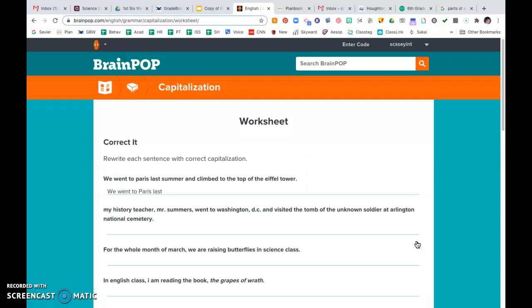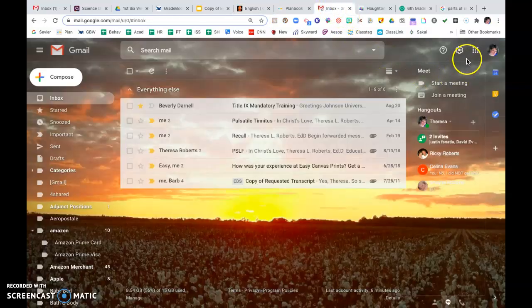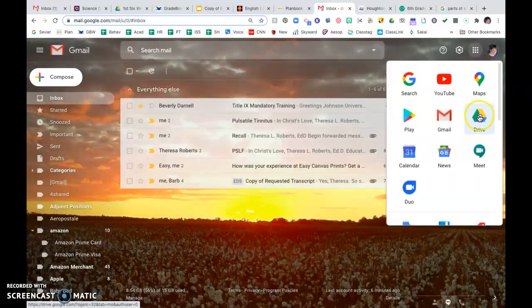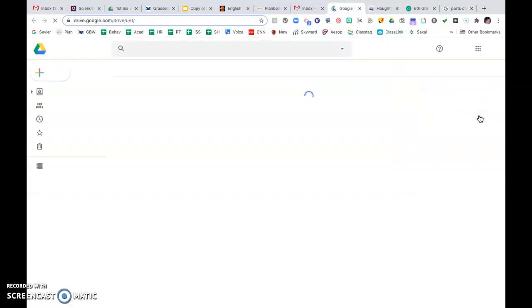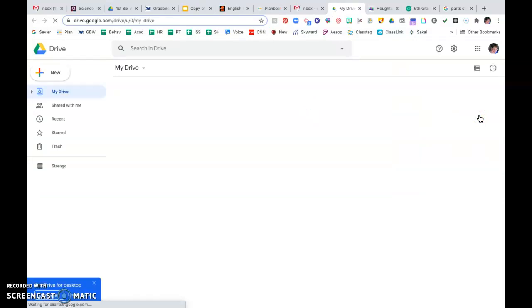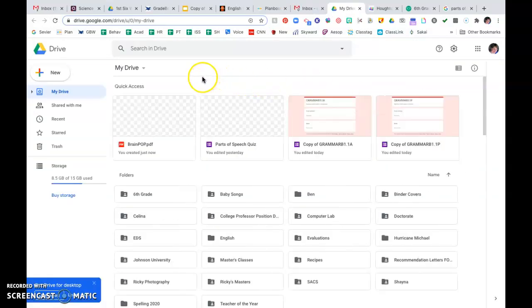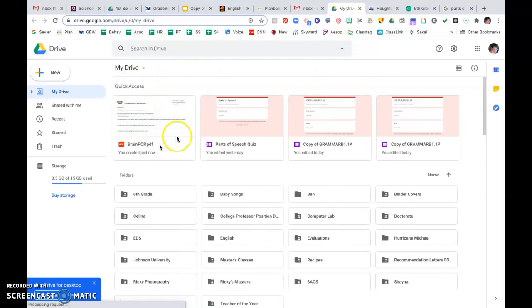However you get into Google Drive, whether you go back through ClassLink, or through your email, or through Google Classroom, go to your Google Drive. I'm just going to go to my email real quick, pull up my little waffle and go to my Drive. And that document that I just saved, printed, should be the very first one to appear in my Google Drive. So you just left click on it one time,